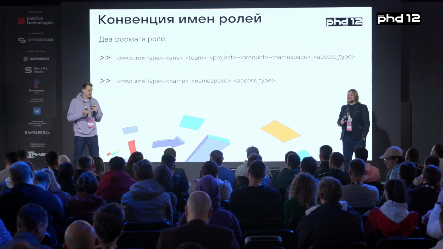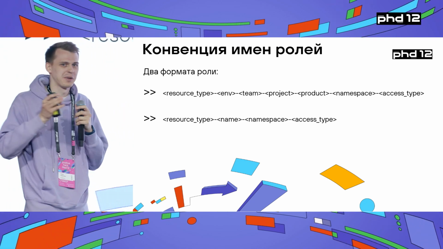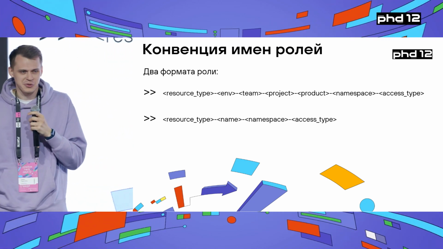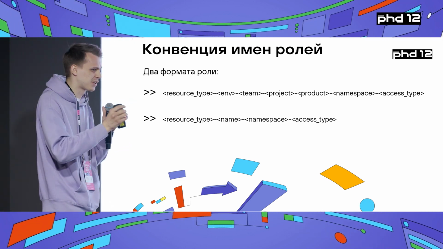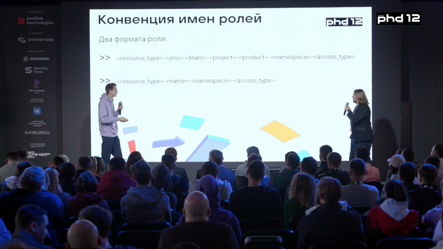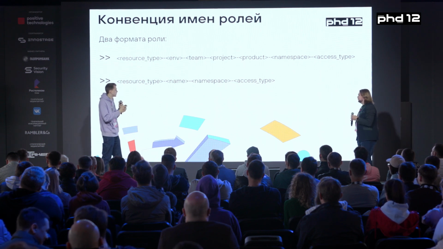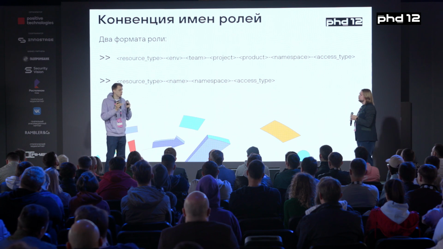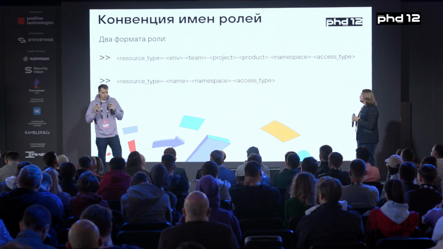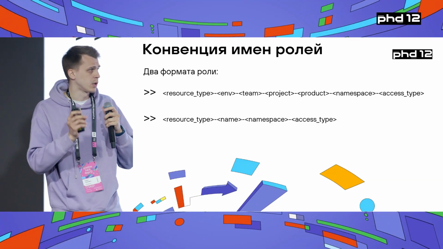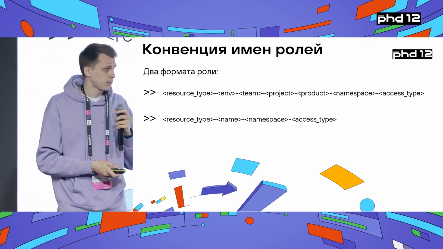Okay, we have two formats of roles. The first format determines the roles given access to resources based on tags, or to a set of resources. And the second format is the role given access to only one resource. Now what's the difference? The number of resources. In the first case, it's a set of resources, and in the second case, it's only one resource. Say we have a contractor and they need access to one host. So we give them access to one host.